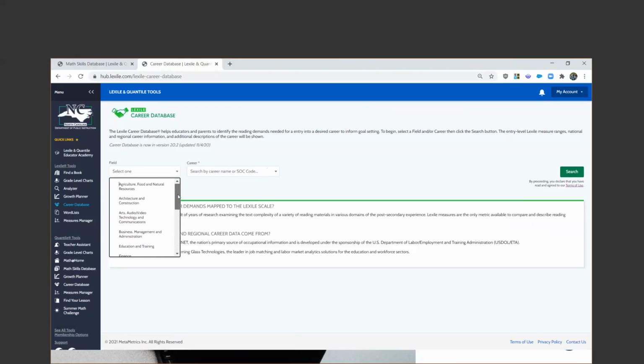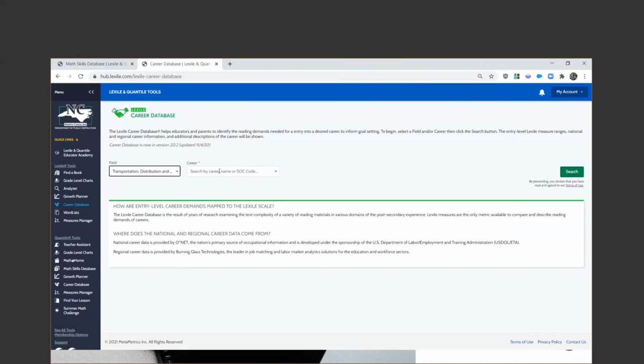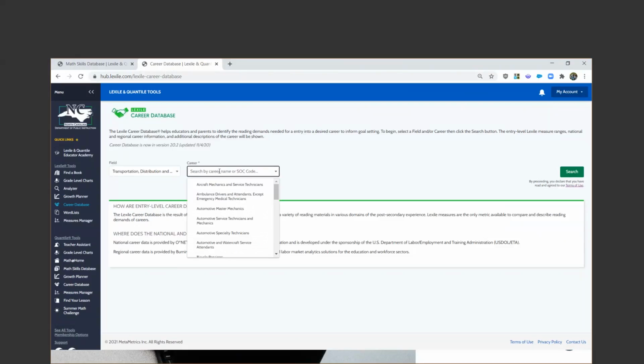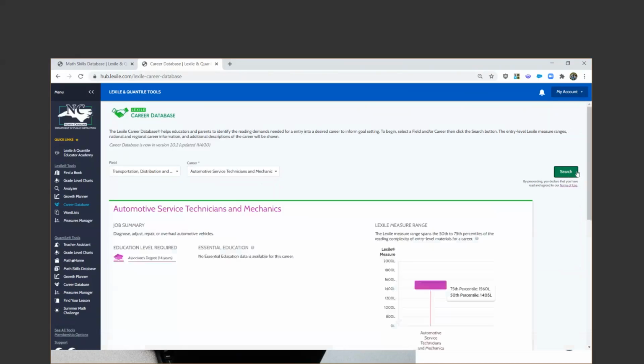And I'm trying to remember at this moment which of the career clusters that appears in. I should have thought through my example here just a little bit better. I believe it's in the transportation field. Ah, here it is. Yes, indeed. So if a child wants to be an automotive service technician and mechanic, you can actually go in and you